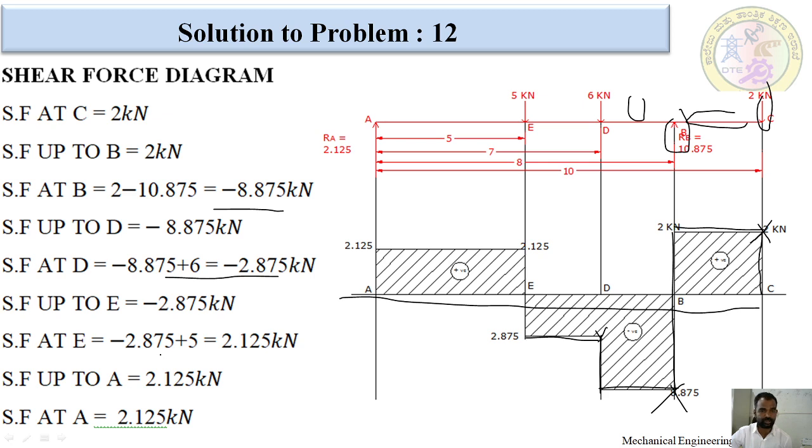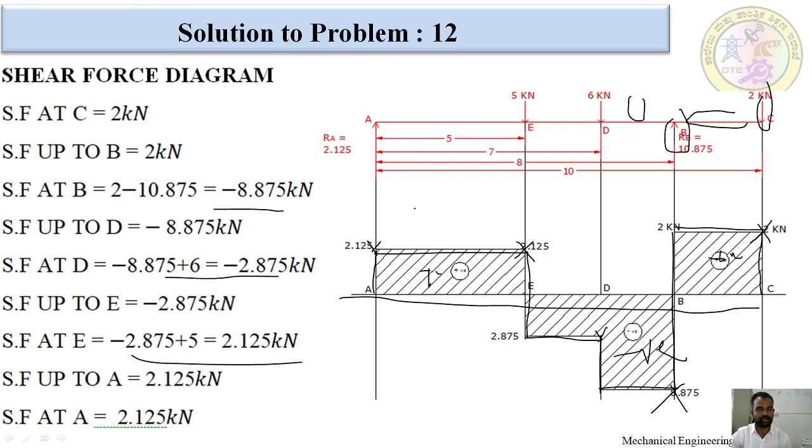After that, how much did we get at E point? At E point we got positive 2.15. I am going to mark here and join with the vertical line. Okay, there is no load between these 2 points, so we will draw with the horizontal line. After completing this, I am going to join with the zero line. This is positive shear force. This is also positive shear force. This will be negative shear force. This completes the shear force diagram.